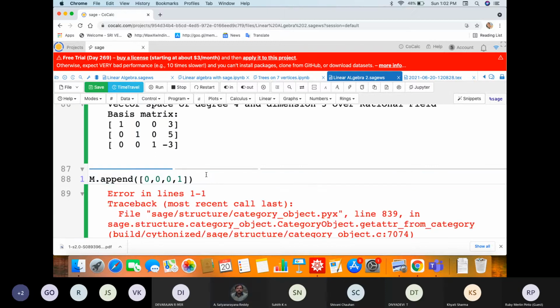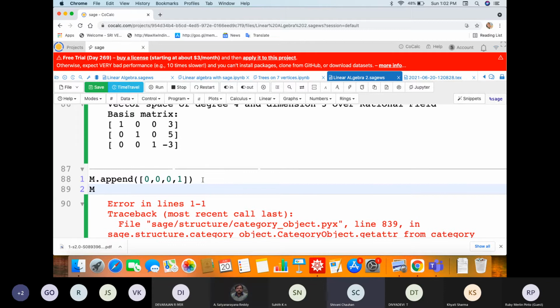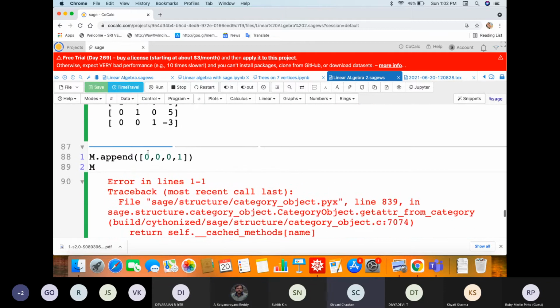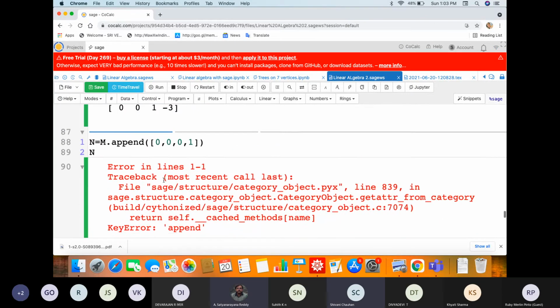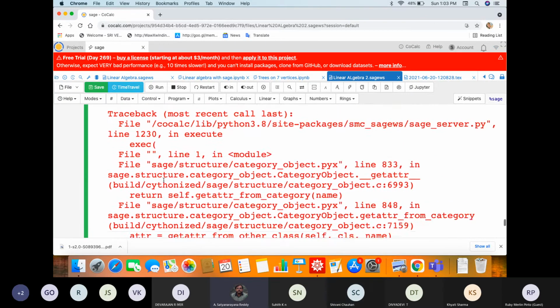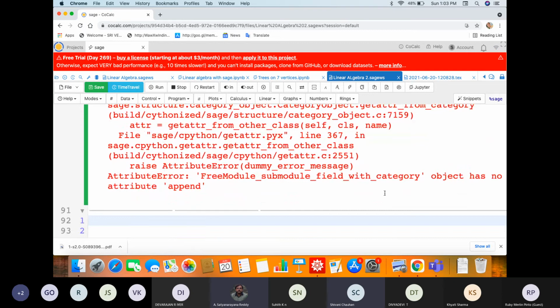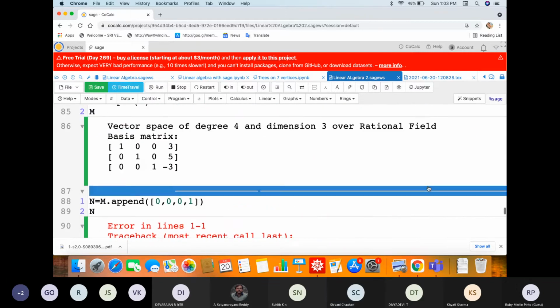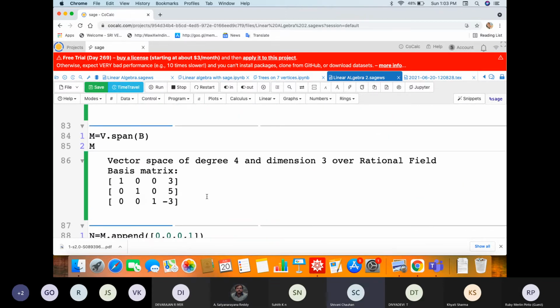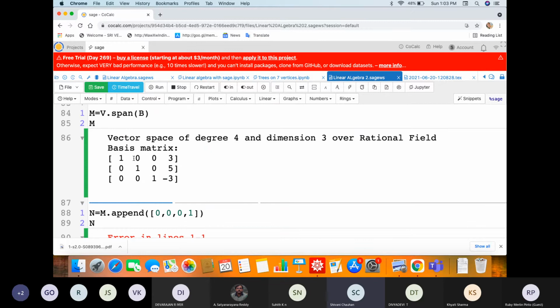Let us see. That is not a problem. Error: free module submodule field with category object has no attribute append. I think I have defined this as M.